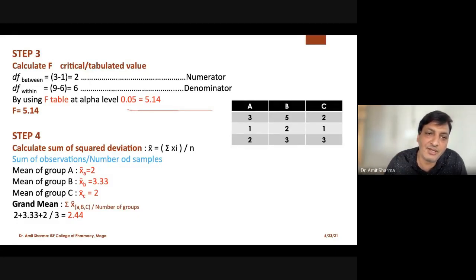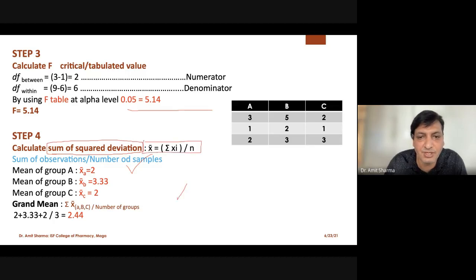And if you calculate the sum of square deviation, obviously 2 marks will be added, and after that if you calculate the SS, again 2 marks will be added to your sheet. And if you calculate the F score, you are going to get 10 out of 10. That is the marking style in statistics. So in step number 4, what we have to do is calculate the sum of square deviation, and the formula for sum of square deviation is this.